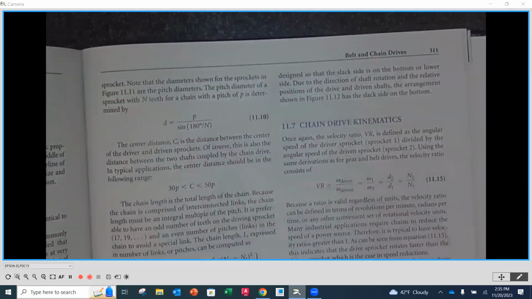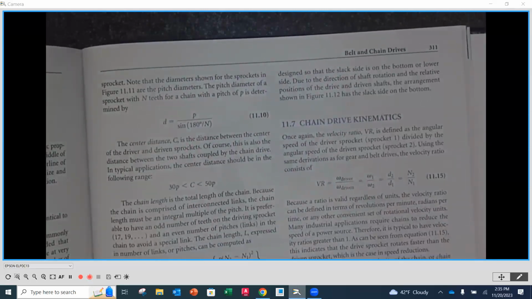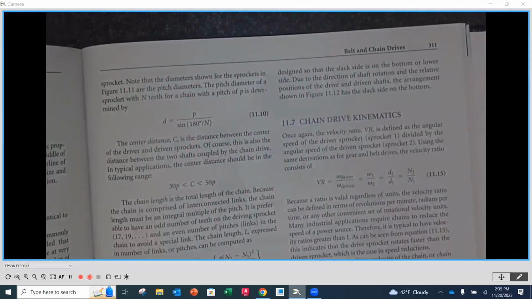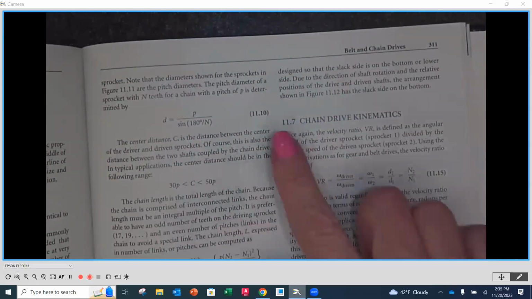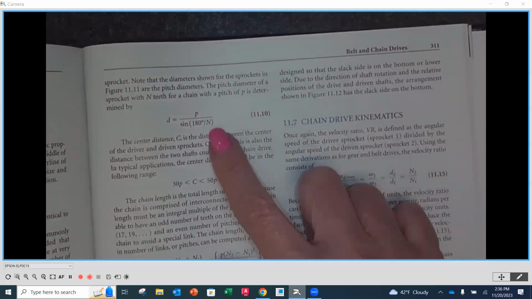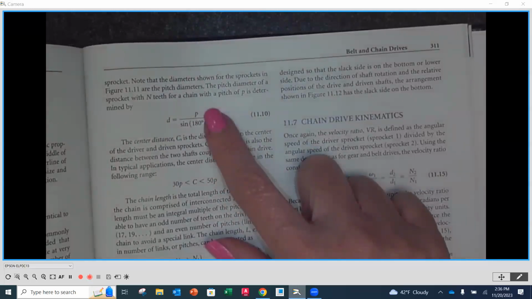What does capital N sound like? Remember when we had capital N for gears? What was that for? The number of teeth. Same thing here. Okay, so that's going to be how you calculate your pitch diameter based on the chain